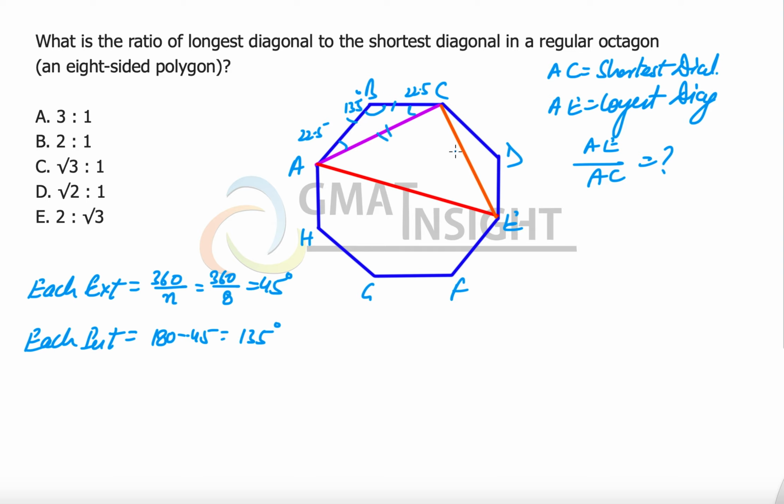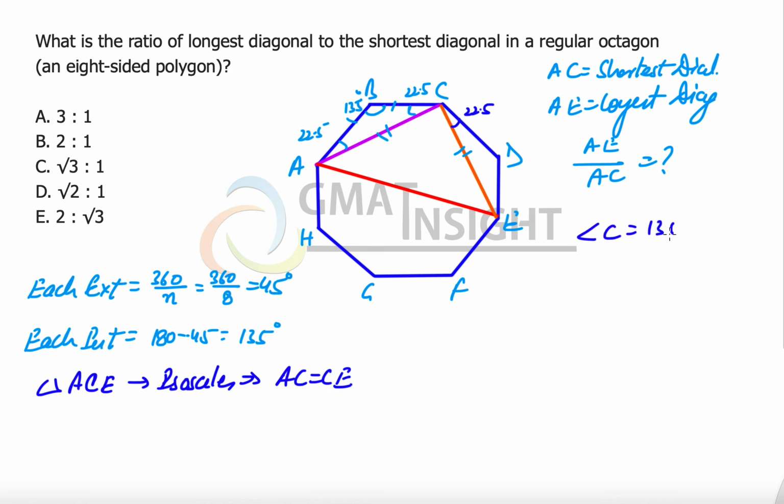In this way, we can say that these two sides are equal. So ACE is forming an isosceles triangle. Let me write it down here. ACE is an isosceles triangle in which AC has length equal to CE. Now, when we have this kind of geometry, we have 22.5 degrees here and we have 22.5 degrees at this place as well, because triangle CDE is exactly the same as triangle ABC. Now the sum of these two angles is equal to 45 degrees, and angle C entirely is 135 degrees. So out of this 135 degrees, if we subtract twice of 22.5, which is 45, we are left with 90